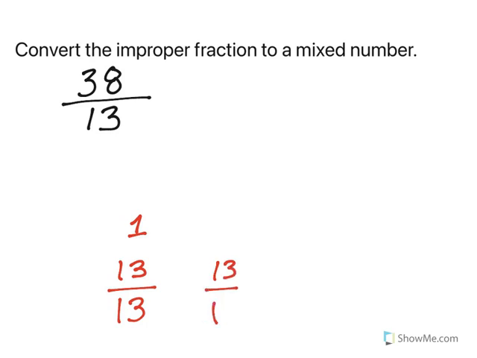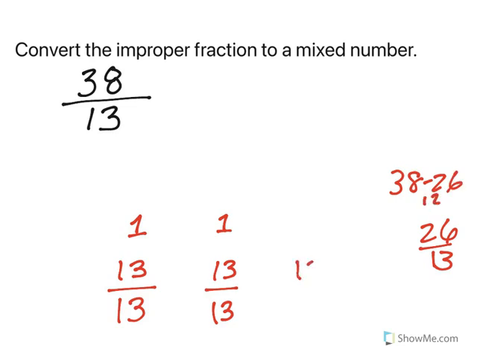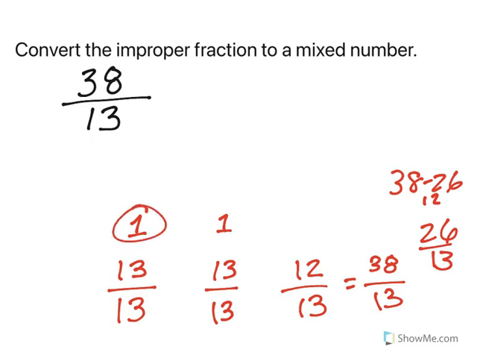Well, if I have 2 of these, each of these is 1, that's the same as 26 over 13, and I need to get to 38. So 38 minus 26 is 12. So thinking through this, I have 13 plus 13 plus 12, which gives me 38, and that's what I need, right? So I have a whole number of 2, and then left over is 12